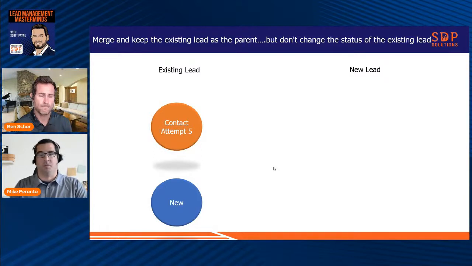So one really, really easy example here is, let's say the existing lead is an application that was taken within the last 5 to 10 days, and you're buying leads from LendingTree or any type of lead provider that's out there. You get a new lead from them. You don't want that lead to be dispersed to the general floor to be called. You want it to be merged against the existing record. You may want to take an action on that lead that triggers an alert to the loan officer. But other than that, you really don't want that consumer to be called. In addition, if there's like a scheduled appointment for it, etc.